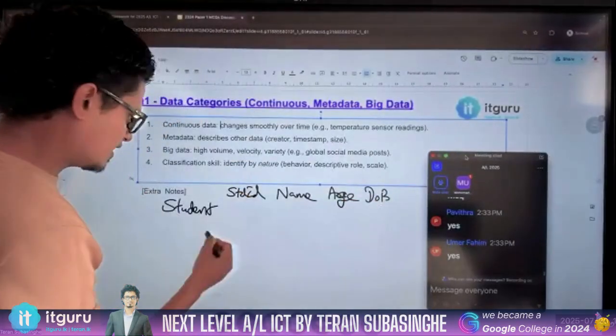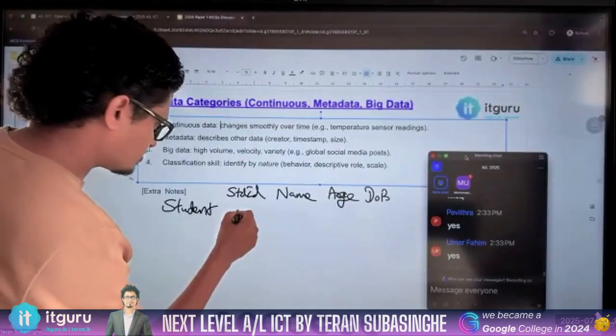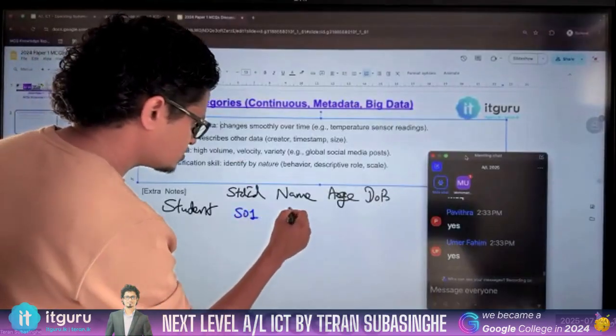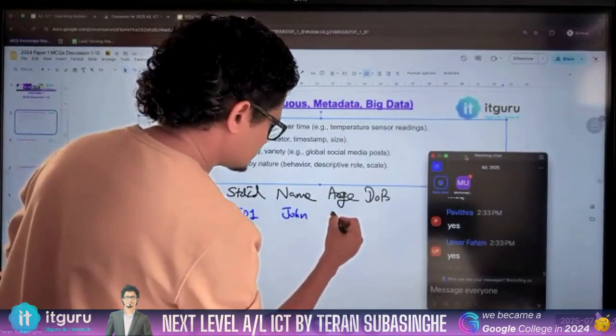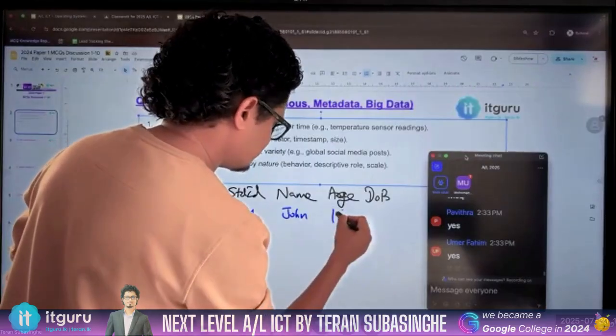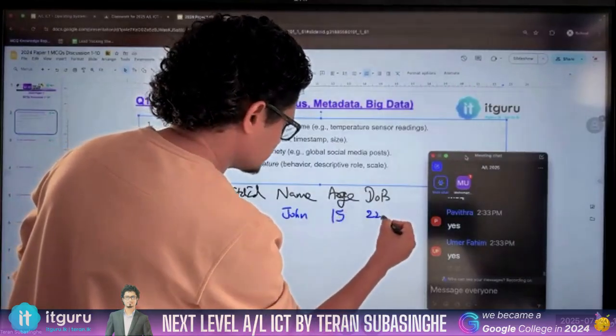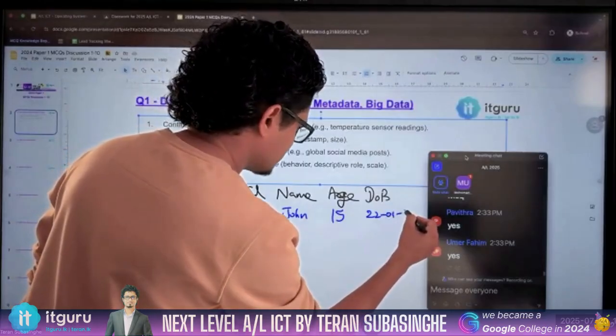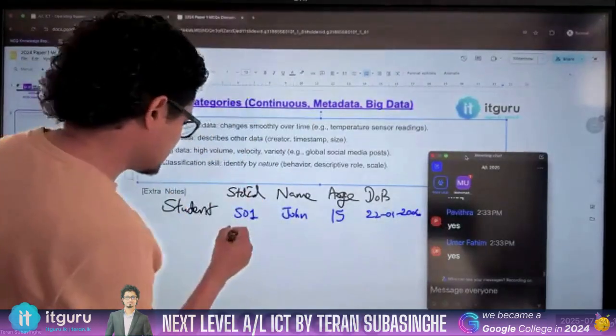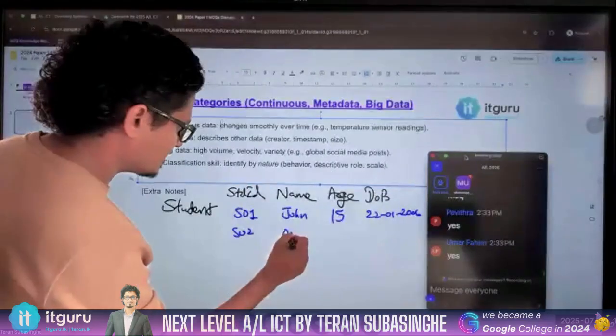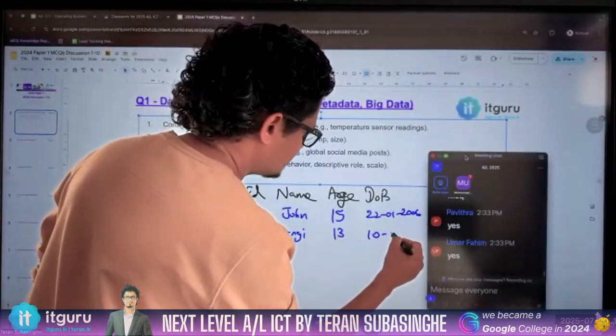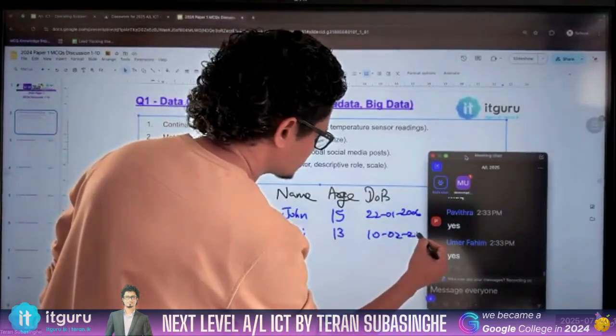Then you have some entries. S01, John, age 15, date of birth 22/01/2006. And then S02, with age 13 and a date of birth in 2005.